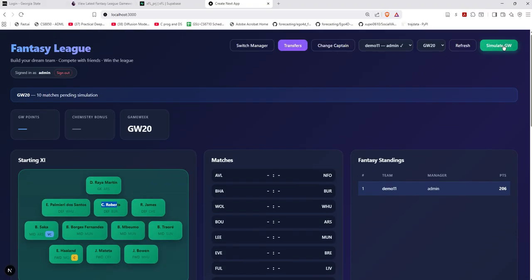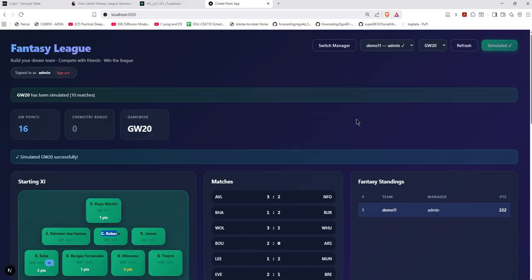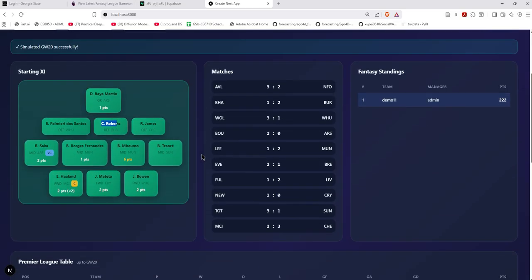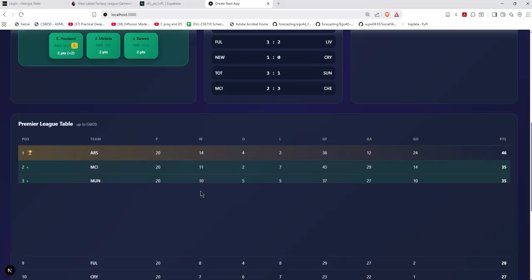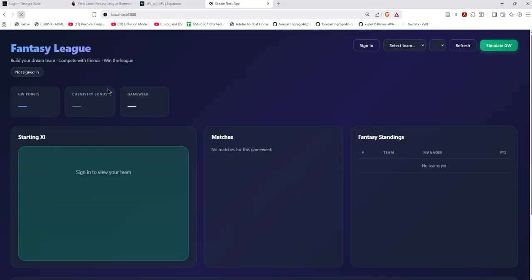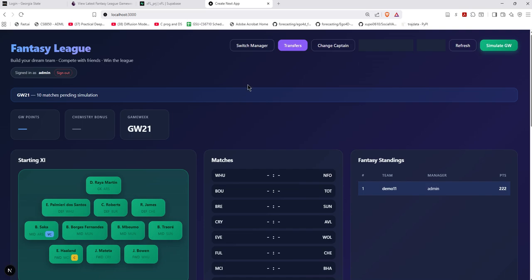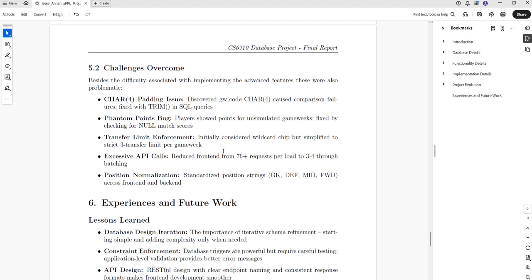Now to simulate the 20th game week. Simulation complete, 60 points. Terrible. But this is it. This is it. So that is my project, and the difficulties that I faced was again the phantom point that was